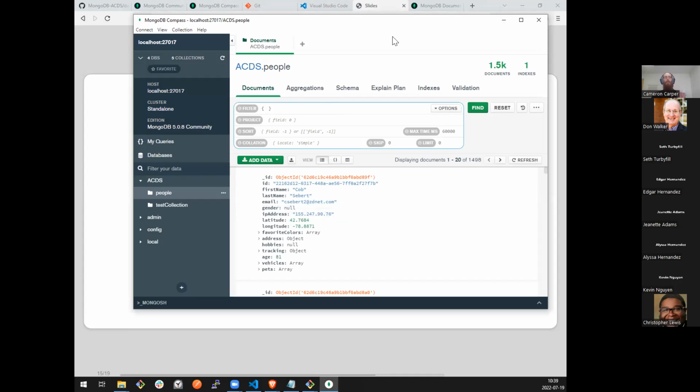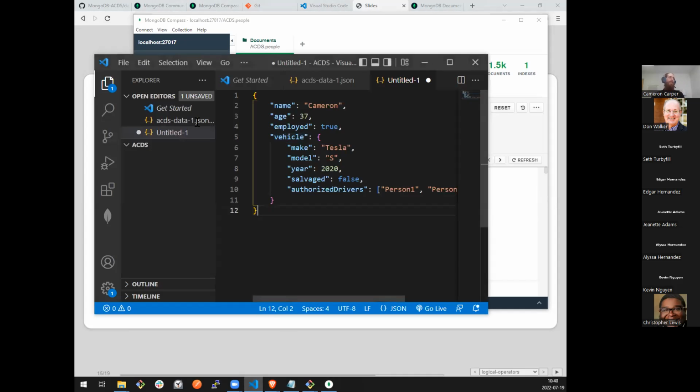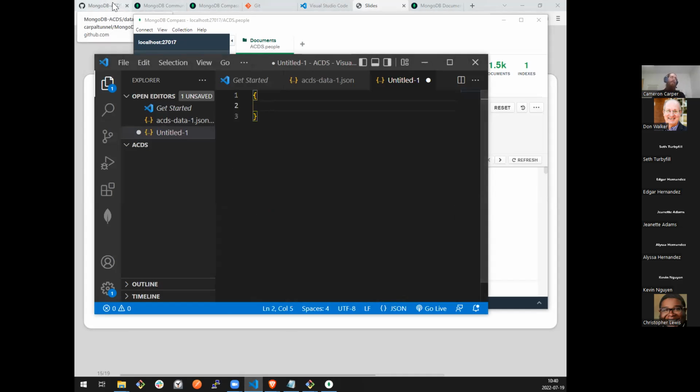And I think I actually am going to write this one in VS Code because it's going to grow by several more braces. So let's do that over here. Also, while you can use new lines or carriage returns in Mongo Compass, you obviously have a lot more room to work in an IDE, so that's where I prefer to do it. So I want to query where age is greater than 30 and age is less than 40. I'm going to start with my and operator.